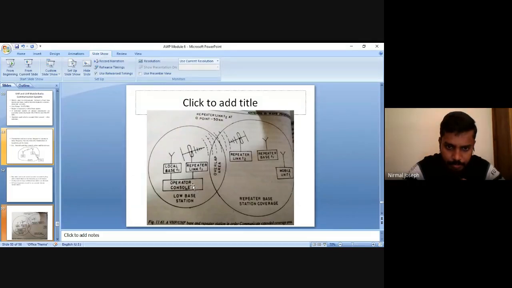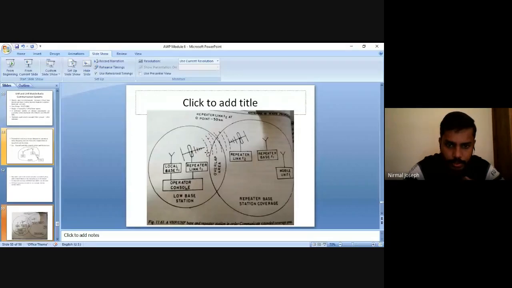At the same time, it will transmit to repeater link in station 2, and here they will use a different frequency. It is using, for transmission, a frequency F1, so that its handsets can capture frequency F1 only. But in between repeater stations, they will use different frequency in order to avoid any interference.